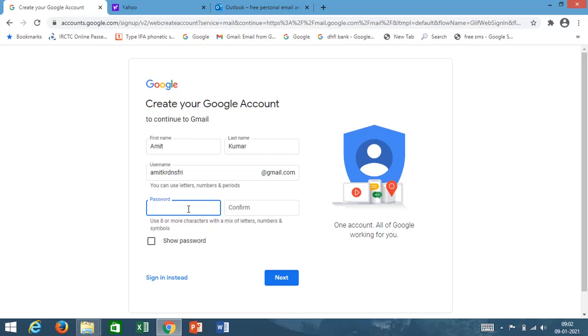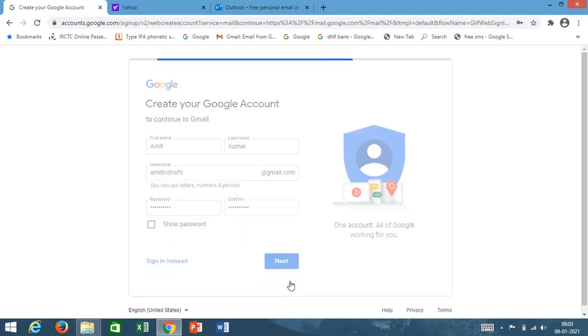That means we can go ahead with this username Amit KR DNS FRI. Now I need to put some password. So that password I will put something. This is the password I am going to put. Then I will click on next.